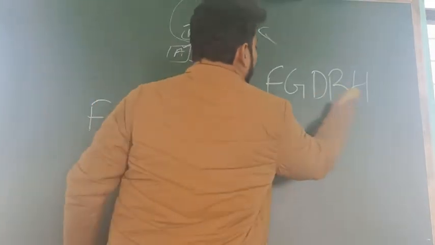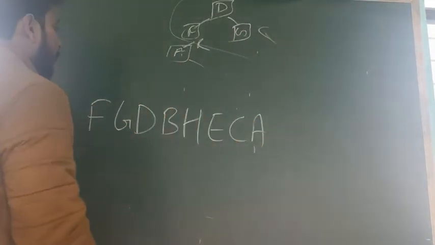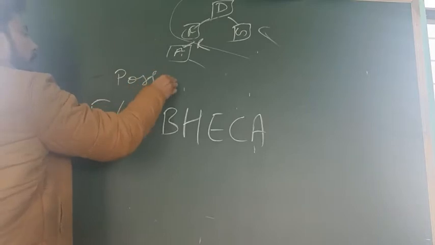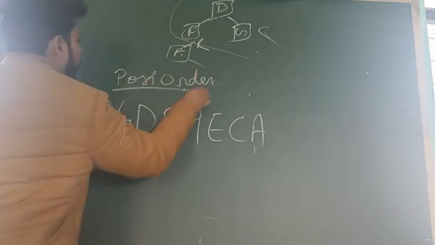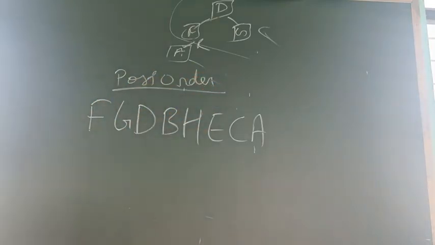In this way, your tree will be traversed in post order. This type of question will come in 2 marks. The full tree question will come in 5 marks that we are doing. Okay, the question that we are doing now will come to you in 5 marks. That is the first question: name the parent of node E, a 1 mark question. Second, name the post order traversal. We had done F, G, D, B, H, E, C, A. This is a 2-mark question.